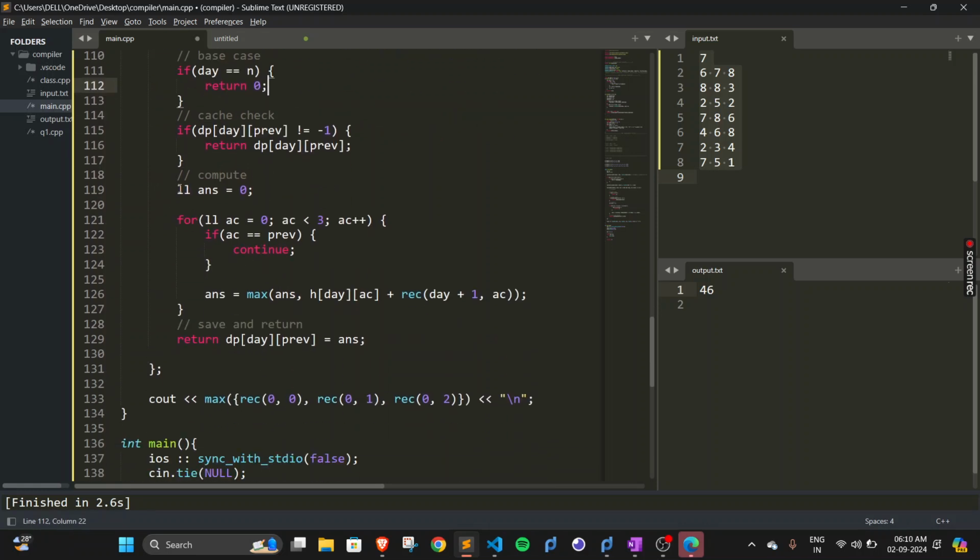And let's go to the transition part now. I have initialized the answer with 0 because the minimum value of happiness that I can get out of this day is 0. And now I am iterating over each activity going from 0 to 2. If this activity is equal to the previous activity, that means I can't perform this activity on that day. Otherwise, I can check whether I can update the answer value while performing this particular activity on that day,